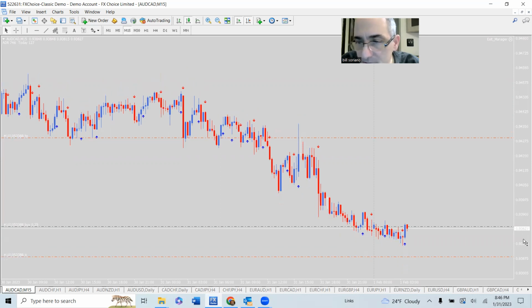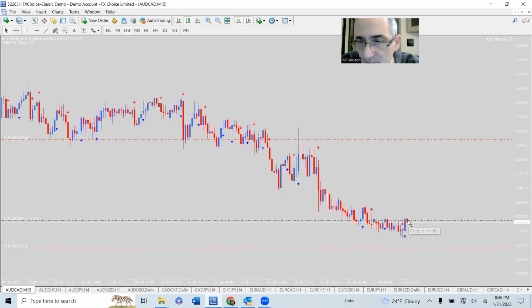AUD-CAD, right? You see now it's trying to get back above a break-even point here, but it just dropped back down below it. But hopefully that starts to move up now and moves into profit overnight. And then once we hit that London session, it just takes off up. So I'll keep an eye on that, and I'll take images of that for you if I do get out of that